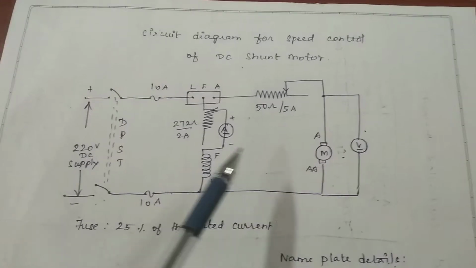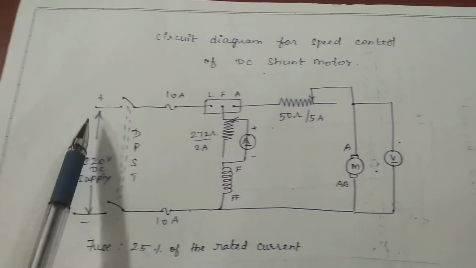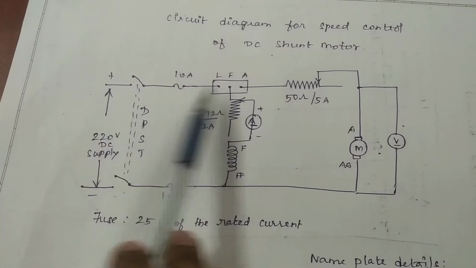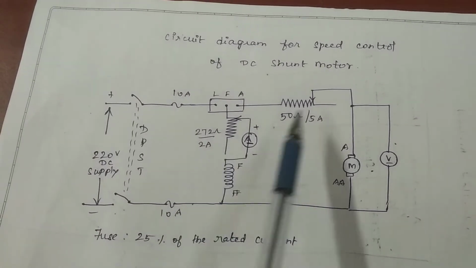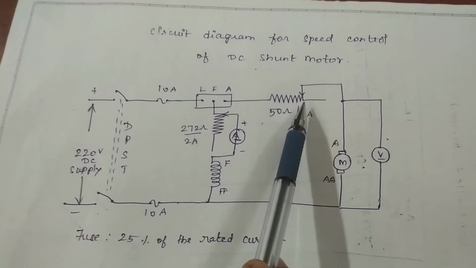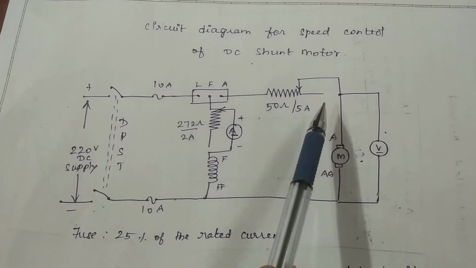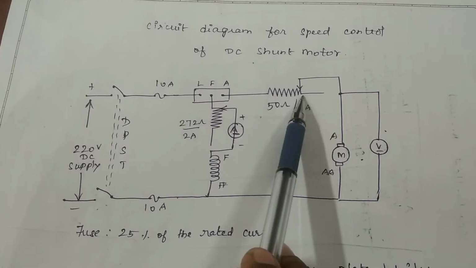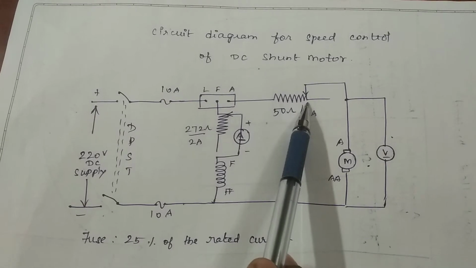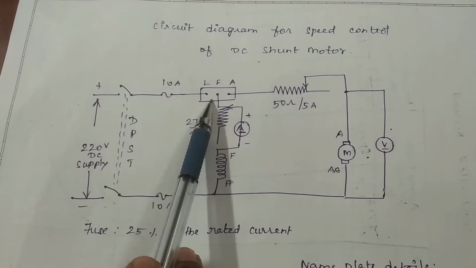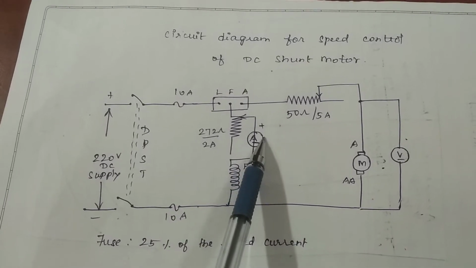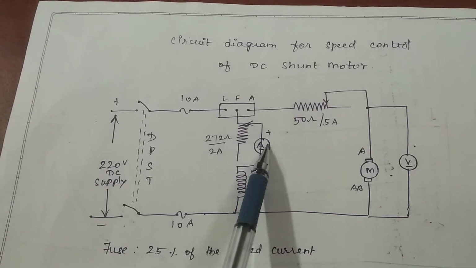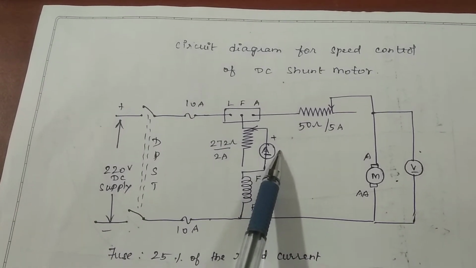First I'll explain the armature control method. I already told you, once you do the connections, you have to keep the field rheostat in the minimum resistance position and the armature rheostat in the maximum resistance position. Now in the armature control method, we are actually varying the armature voltage. When you start the machine, you have to adjust the field rheostat and set the field current to a particular value, say IF is equal to 0.4 ampere.